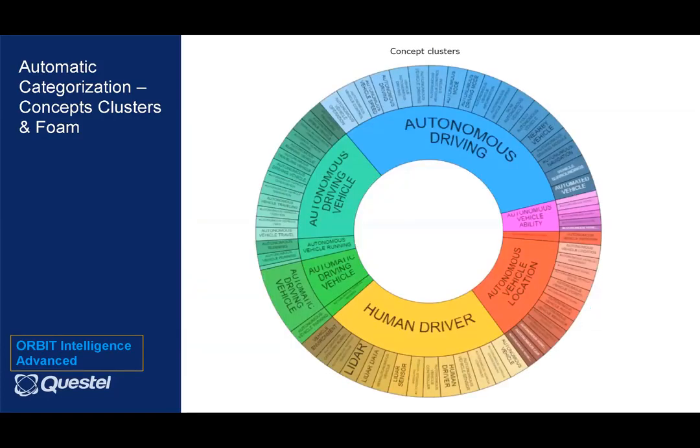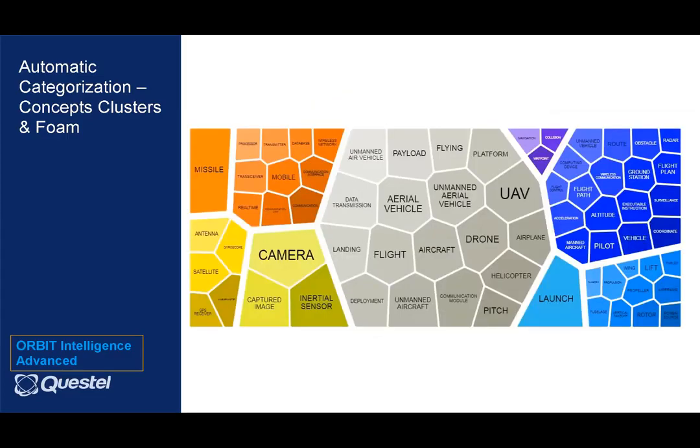And the next chart that is available we call a foam chart, which is again a very good pictorial view of how each and every concept is worked, like how many patent documents are covered under each concept. Same as in a foam chart, you can select any part of a foam and try to understand what kind of data is behind that particular part of the foam. And you can again do the browse selection and do a deep dive into the data.